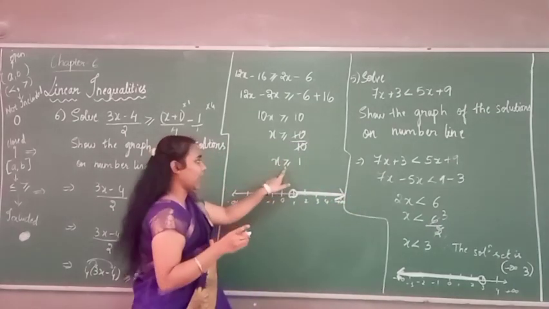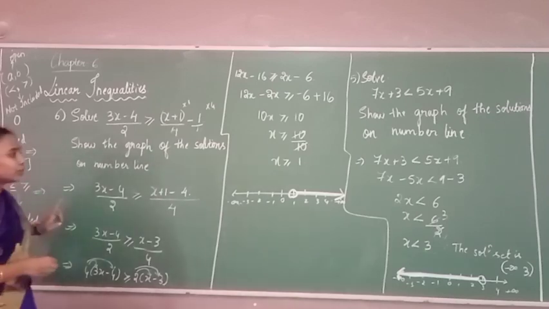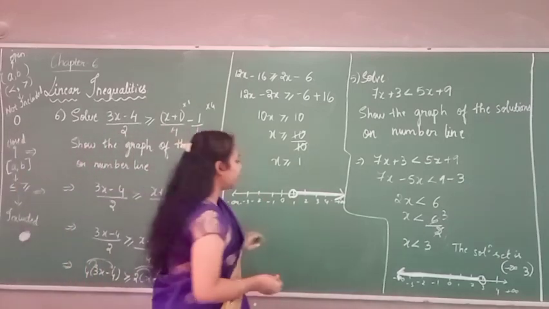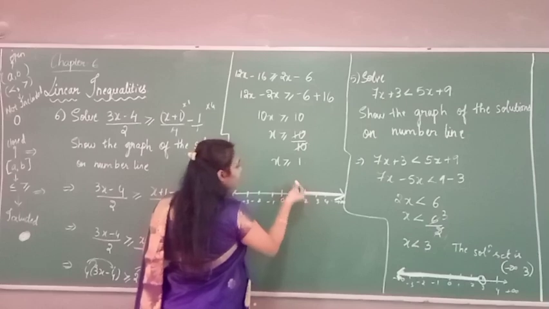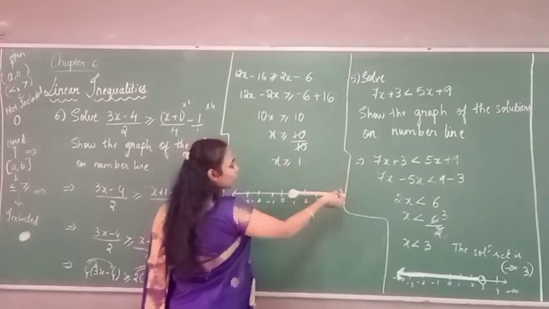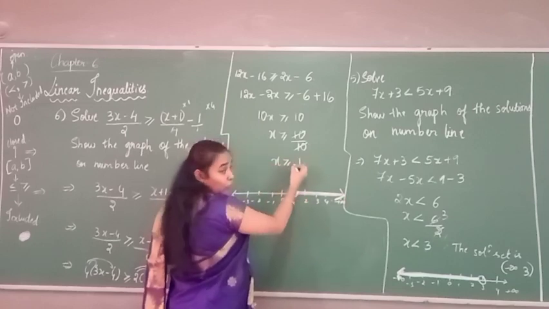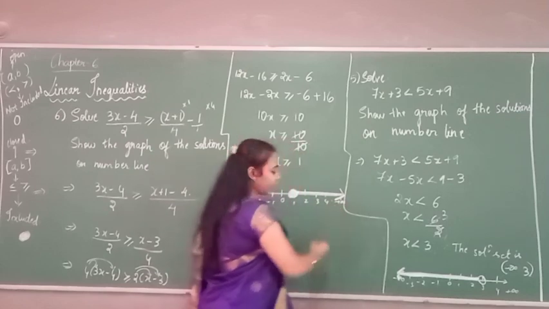But one more thing, I think I already said here, if it is greater than or equal to or less than or equal to, it will be a shaded region. Why we are going to shade? To show that even 1 is included. So I will be just shading this region and indicate that even 1 is included, wherein x is greater than or equal to 1 it is given. So it is including 1 up till plus infinity.